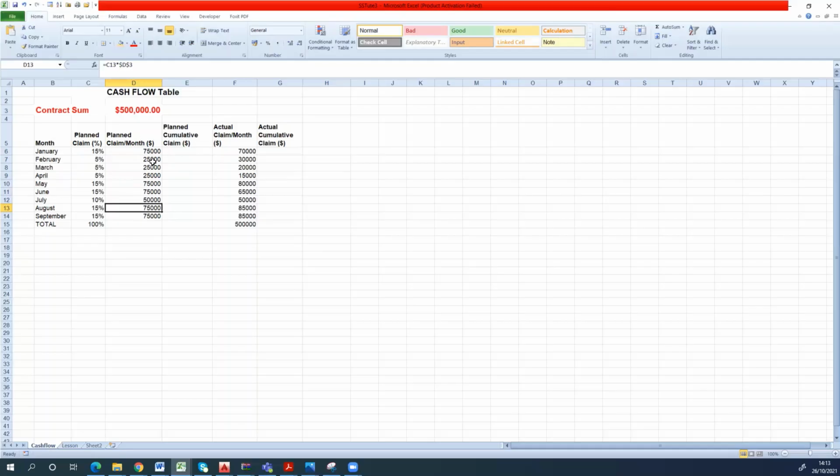Now, since we have done this column, we can see what we have to do here. In this part, we have planned cumulative claim. Here, first, we have planned claim in percentages. Now, we have calculated what the dollar values are for each percentage. During the process of this project, we can calculate how much money is going to flow into the project by taking the cumulative claim. Cumulative means we will add values or claims starting from the first claim